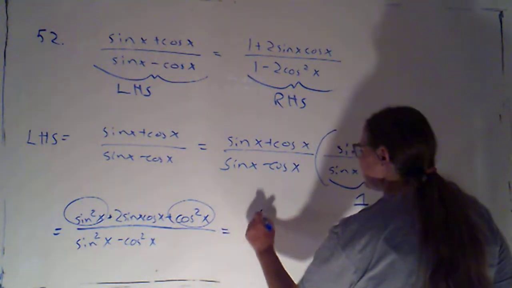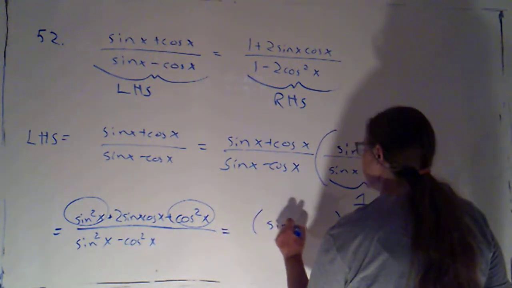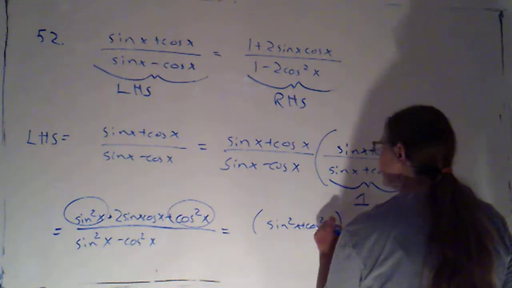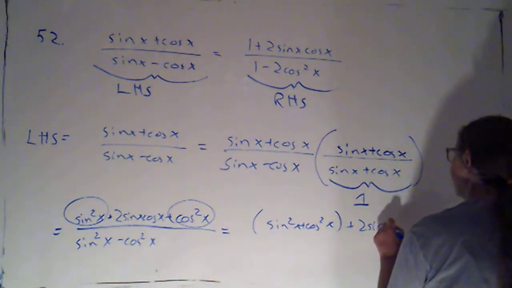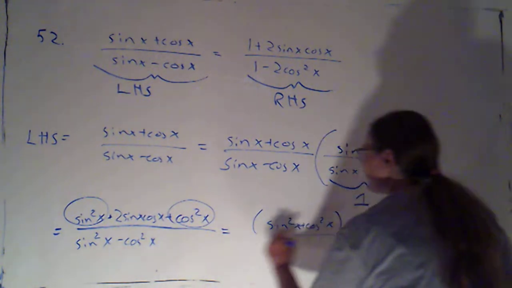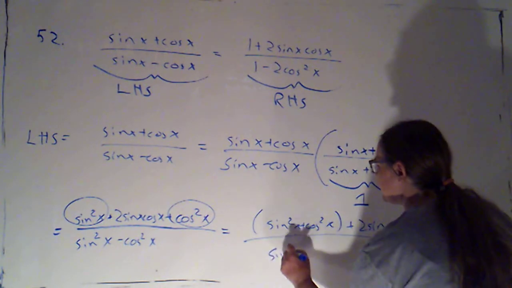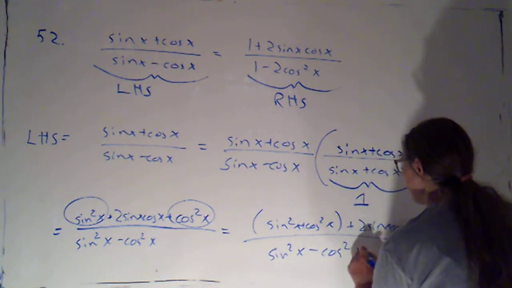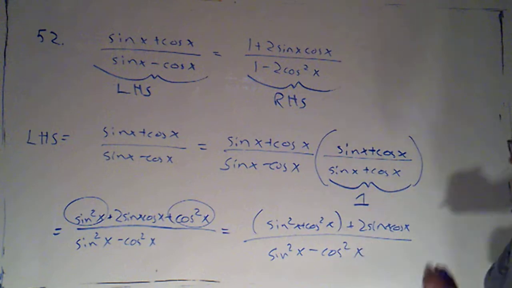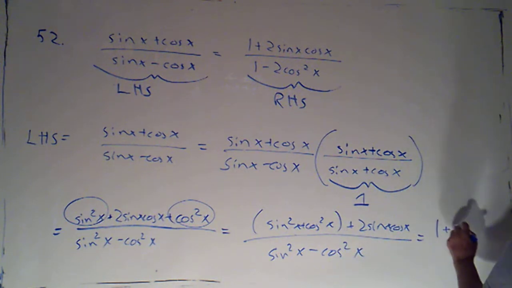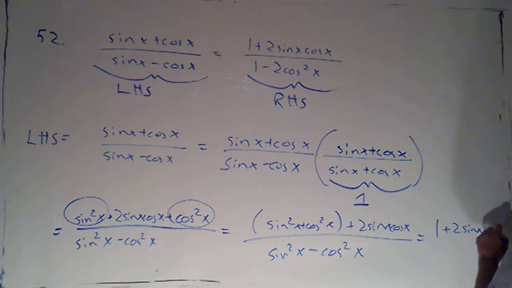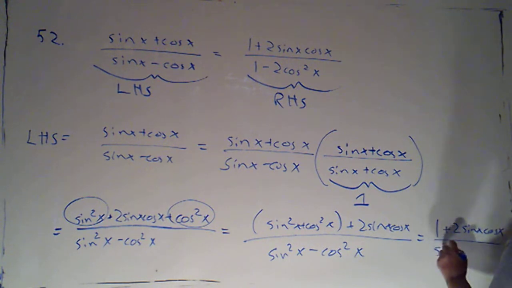I'm going to actually show that in a separate step. That's sine squared x plus cosine squared x plus 2 copies of sine x cosine x all over sine squared x minus cosine squared x. But then that's 1 plus 2 sine x cosine x over sine squared x minus cosine squared